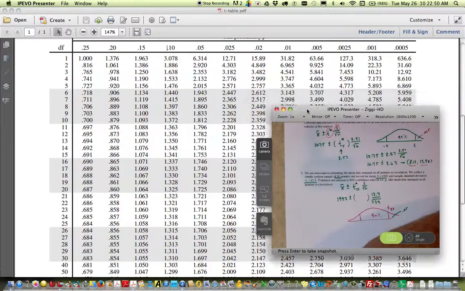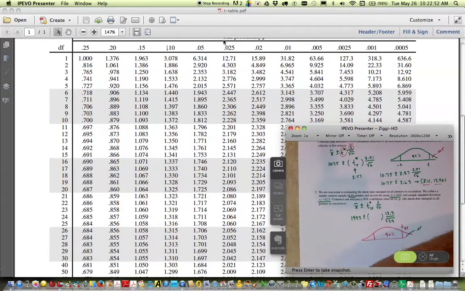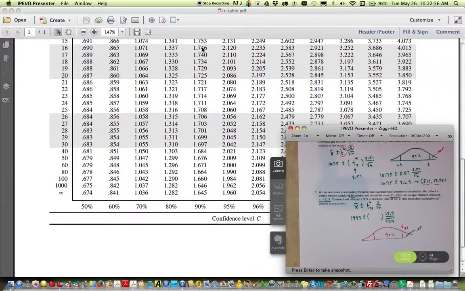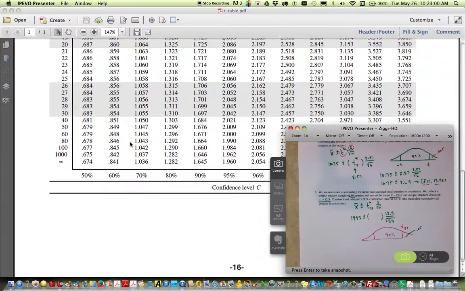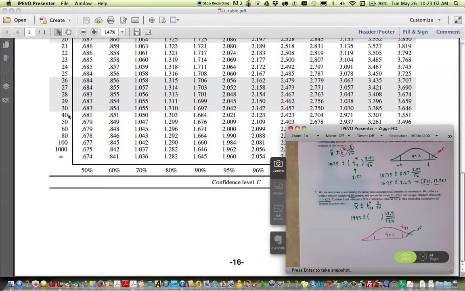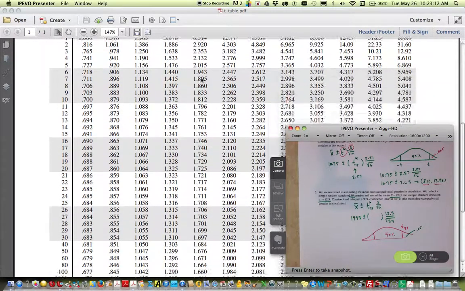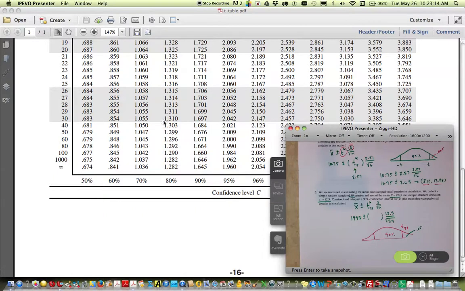And we're looking for 90% confidence, so our right tail probability is going to be 5%. We go down to 38 degrees of freedom, and the problem is we don't have 38 degrees of freedom, but we do have 30 and 40. So we're just going to round to the nearest integer that shows up here. In that 5% column, go down to 30 and 40 degrees of freedom.